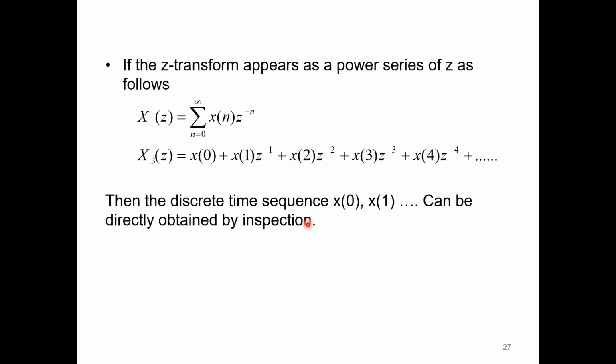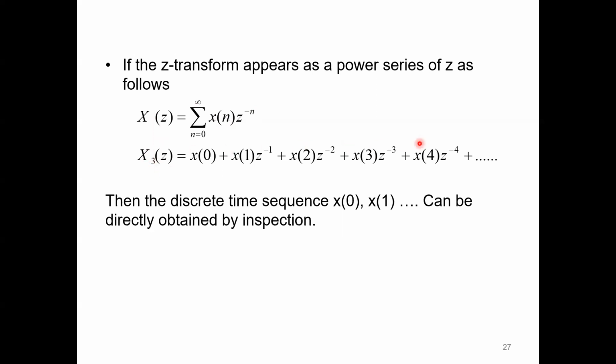Now, if you try to connect what we already know, this is the transform, the way we write the forward transform. You have the set of numbers x[n], n from 0 to infinity, and for every such sample, you put z to the -1 together with it, for all of the samples, and you combine them together and generate X(z). It's a polynomial of z. Now, if you reverse that one,